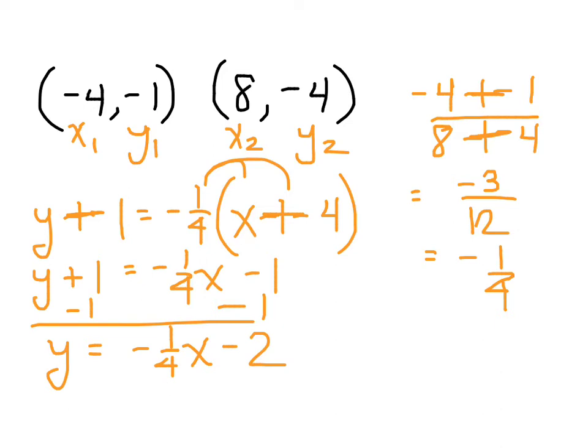Okay, so when I put it in there, I went y minus a -1, but two negatives make it a positive. -1/4 was the slope that we found. Parentheses x minus a -4. But what does a minus and a negative make? A positive 4. Then when I distributed, and this is what Brianna and I talked about as far as the distributing part, when I distribute here, I end up with -1/4 x. But when I distributed here,